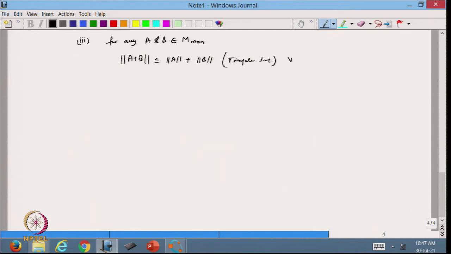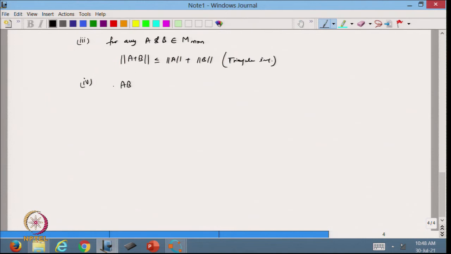And this is true for all A and B belonging to the set, so this is already written for any. Now, the fourth one. I take A into B. I am writing that A into B can be written only if